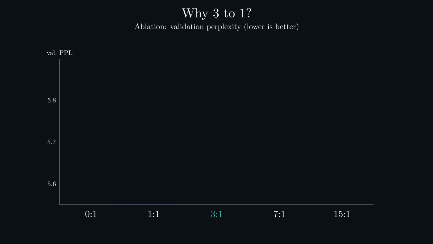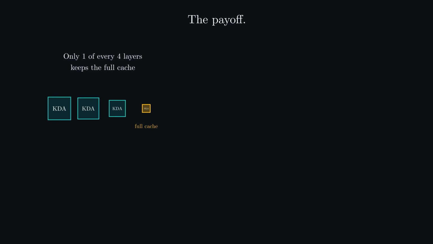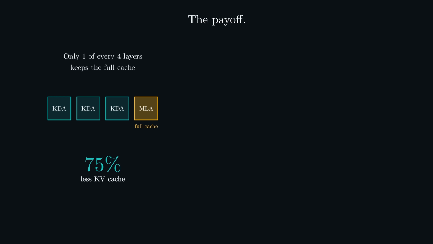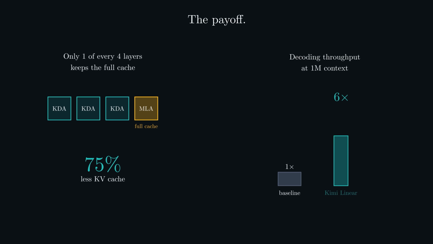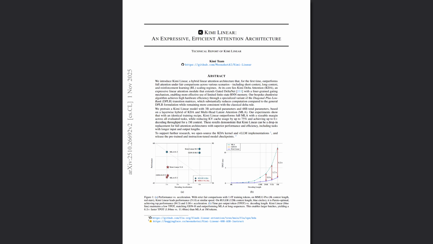According to their ablations, this 3:1 ratio gave them the best trade-off between model quality and decoding throughput, basically reducing KV cache usage by up to 75%, since only 1 out of 4 attention layers needs to store the conventional full attention cache, while achieving up to 6 times decoding throughput for 1 million context compared to the standard attention baseline. These results actually came from their first KDA paper published in November last year called Kimi